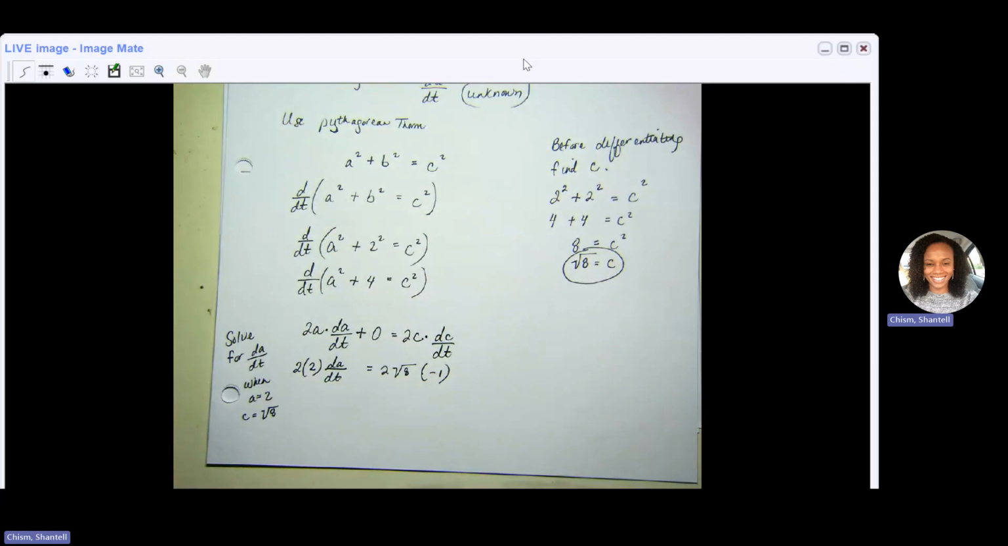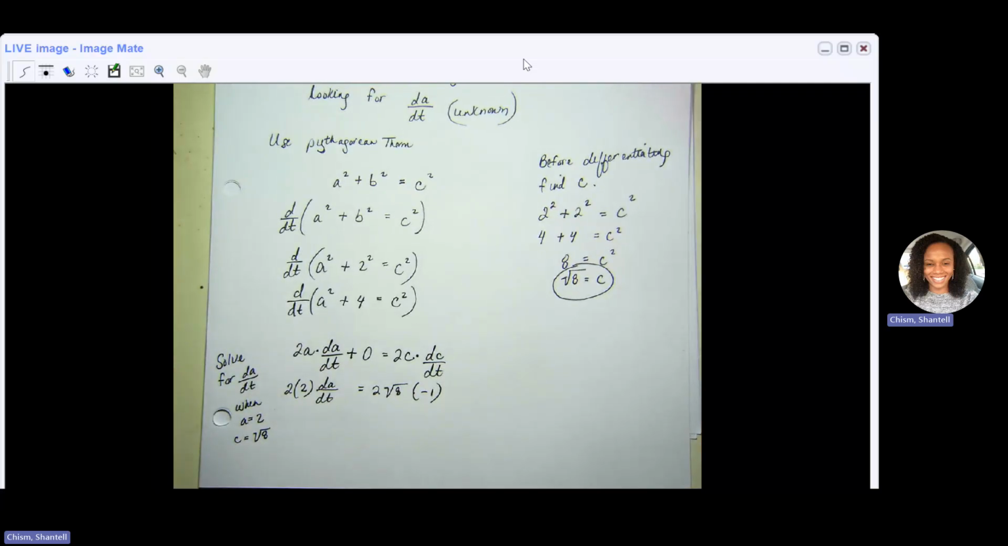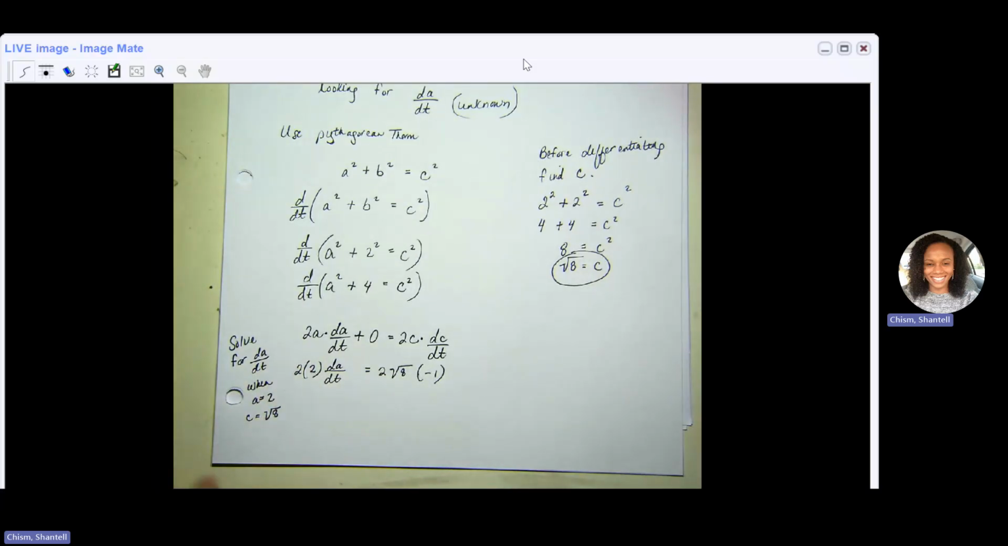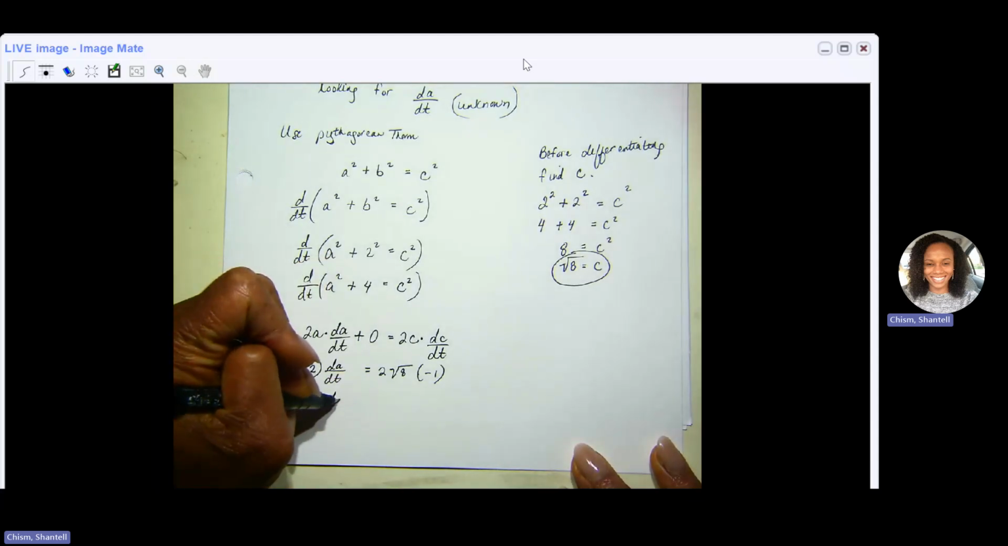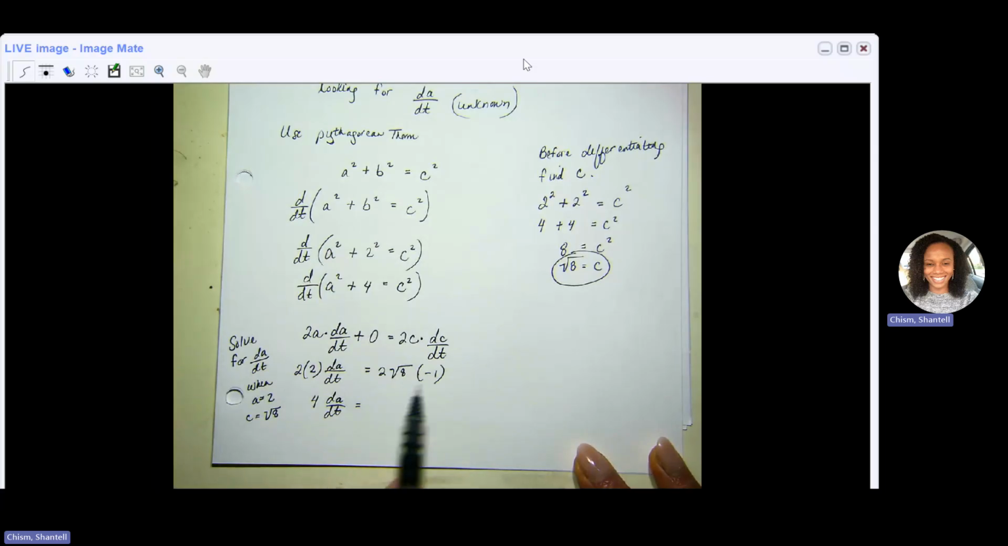Now, this particular problem, I believe they want us to give the answer as a decimal because it's an application. It's a real world situation. So when we talk about time or rates in an application type problem, we of course would use a decimal, okay? That corresponds to a more real world situation than giving a reduced fraction, okay? So cleaning this up a bit here, 2 times 2, that's just 4 dA over dt. And then this is equal to, right here,